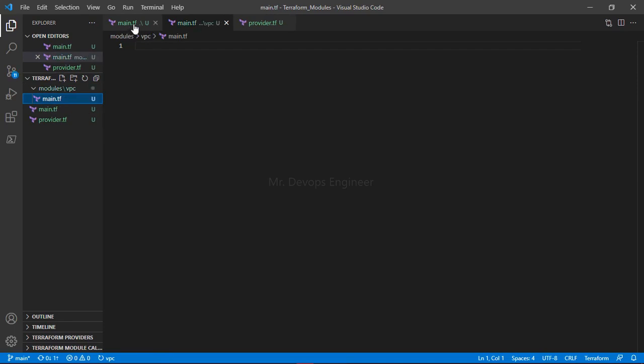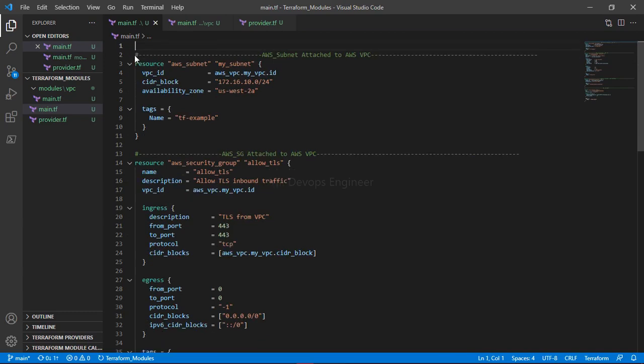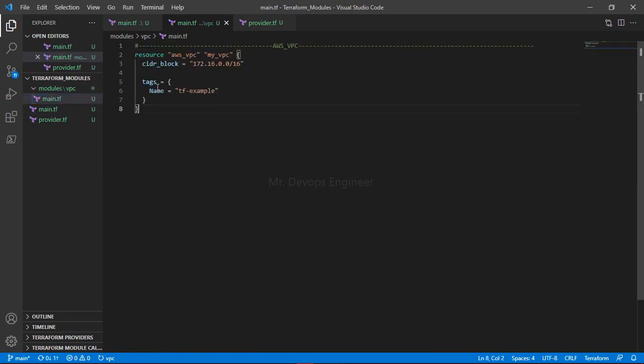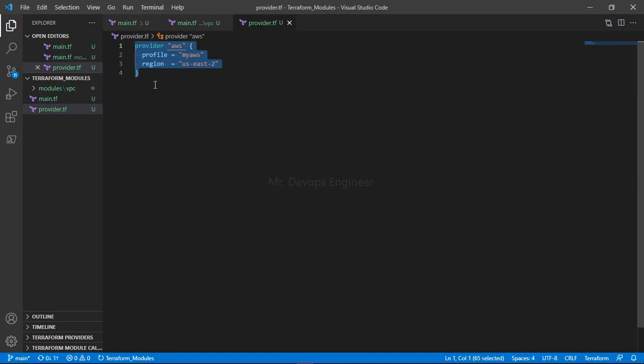So what you will do now, it is not at all required here, right? Copy from here and go to the module VPC main.tf. Here also you are having a main.tf file, right? So we have started from here. Do not be confused. We had all the code in the main.tf earlier. What we did next? We created provider.tf where we have kept our provider. Done. And the third thing we have done, we have created a modules folder.